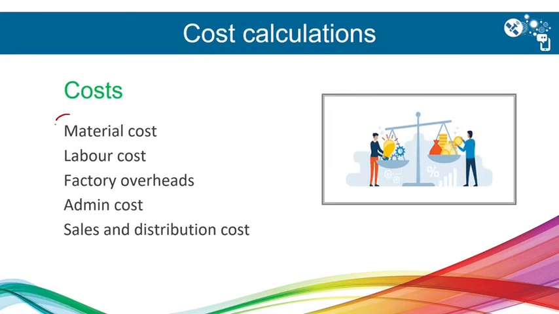Now, material cost, labor cost, factory cost, those are the costs that will determine the production cost. Admin and sales and distribution costs, these are costs that will decrease my profit, but it's not connected to the manufacturing process. So these two will appear on the income statement, but these three will determine the